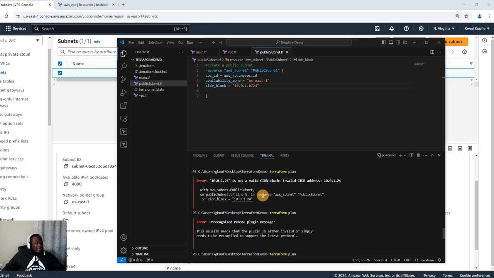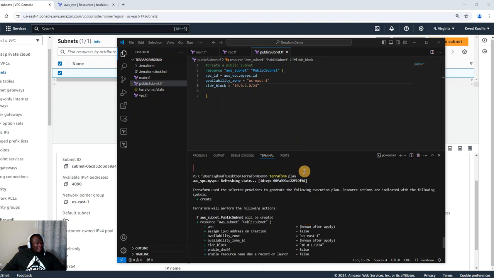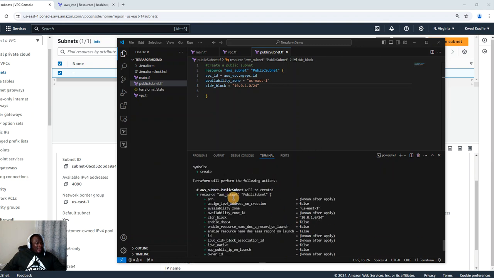I'm in a rush, it's like 10:56, and I'm sleepy. I'm supposed to go to work tomorrow, so I just want to do this real quick. So I'm in the house. Now I just corrected it, and it says that it's going to create